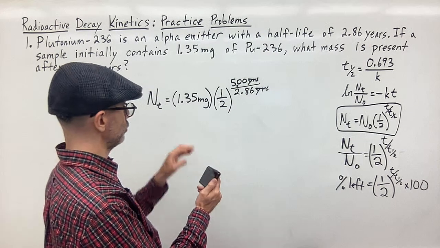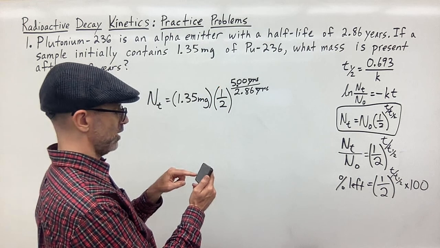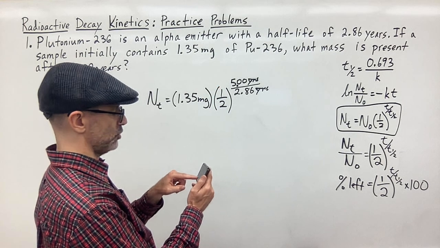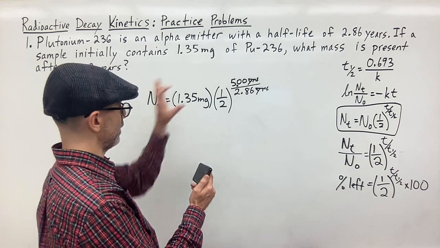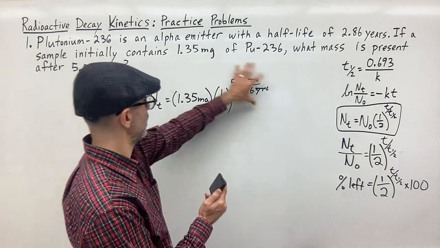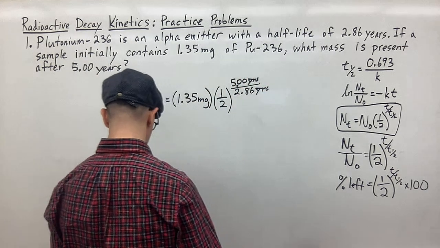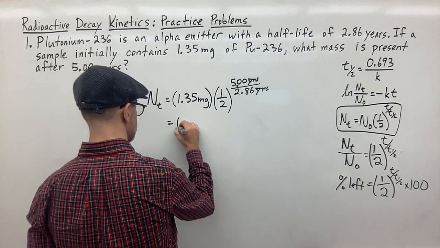And then I'm going to divide this. This is going to be my exponent. So it's going to be 5.00 divided by 2.86. And then I get that fraction. And when I have this, now I have this. So I'll just write down what I got. So here, this is going to be